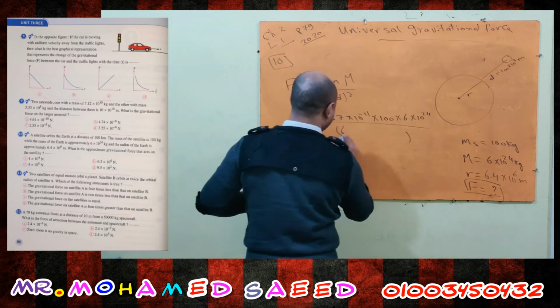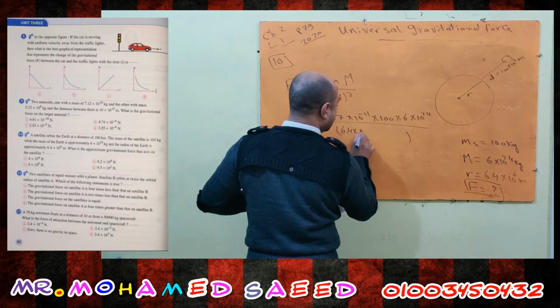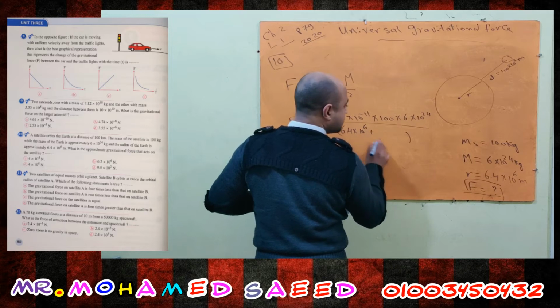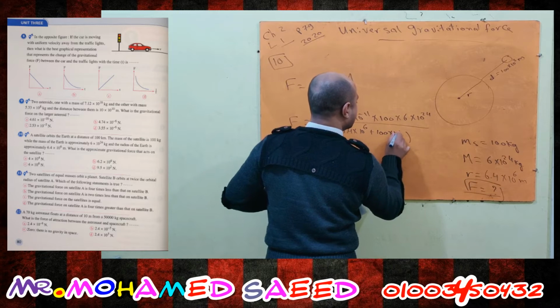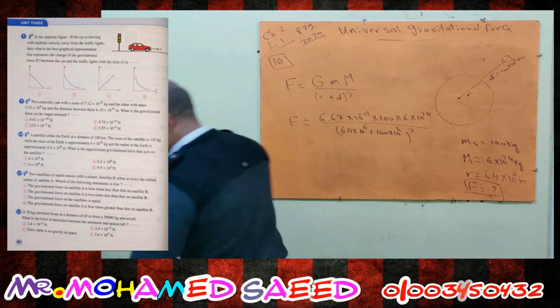radius of the Earth 6.4 times 10 to the power 6 plus D 100 times 10 to the power 3, all to the power 2. Using the calculator,